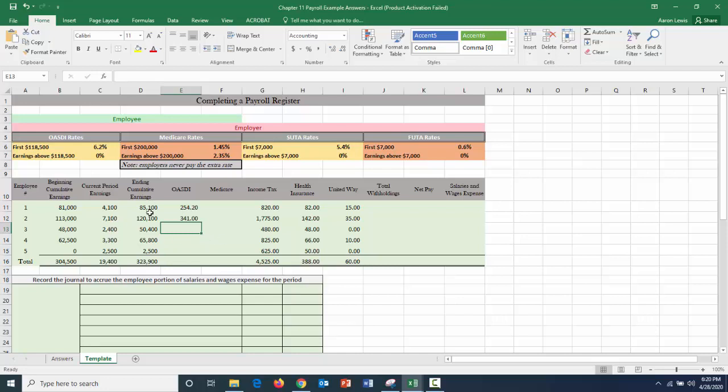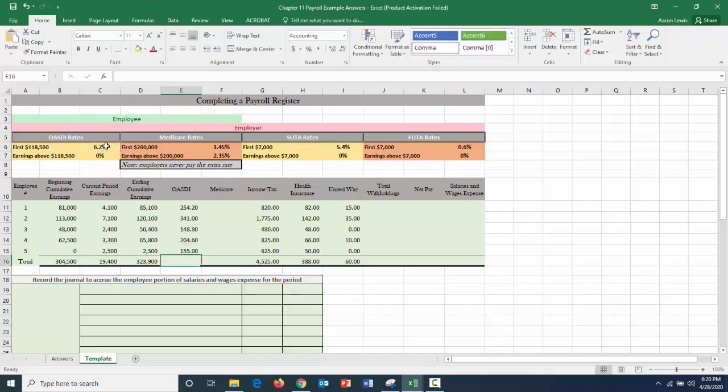For employee 3, we don't have to worry about them going through the threshold. They've not come close to making $118,500, which means their current period earnings are all going to get taxed at 6.2%. Employee 4, again, we don't have to worry about them going to the threshold. They're only at $65,800 for the year, so that full $3,300 is going to get taxed at 6.2%. And for employee 5, they just started, which means they're definitely getting taxed the entirety of their earnings, $2,500 times